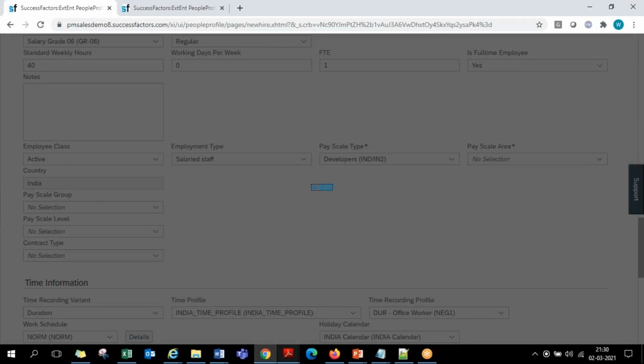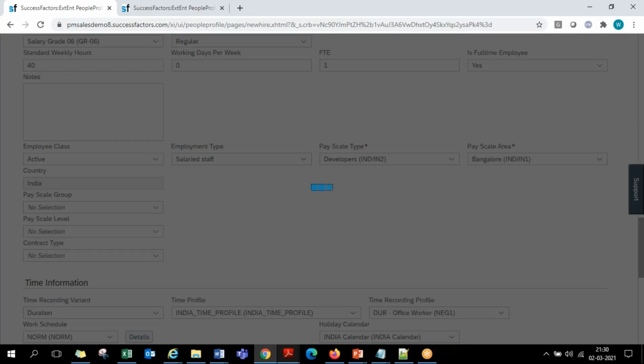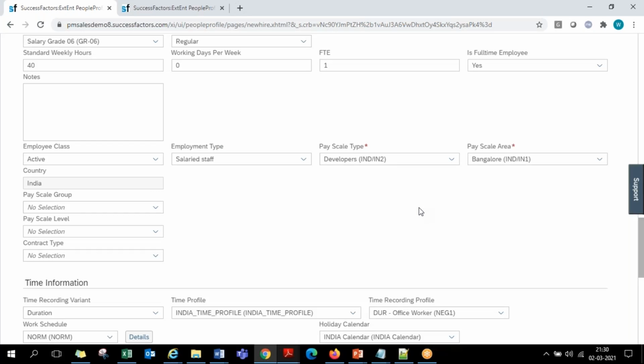Okay, so that is the way position management will be of great importance here, where it has its advantages when seen. Position management is specifically not a mandatory thing to be implemented with Employee Central. It is an optional thing, though 90% of customers will definitely implement position management, so 90% of these customers will have this automation seen in real time. But one point to be noted: position management is not a mandatory setup in Employee Central. There are customers who implement Employee Central with or without position management.